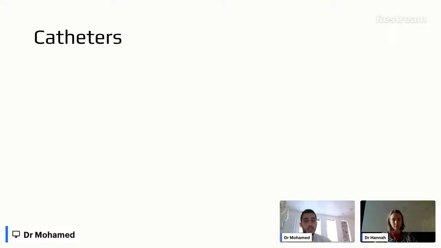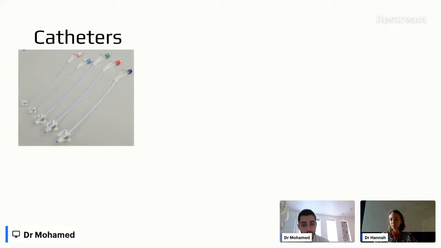All right, so since we've discussed catheters, I figure it's maybe useful to just look at the different types of catheters. Of course, there's quite a lot, but these are kind of the common ones that you might come across. So these here are the two-way Foley catheters. So these are just the standard catheters. They're made of silicone. I think previously they were made of something that people used to get allergic to, so they stopped making them. But anyway,